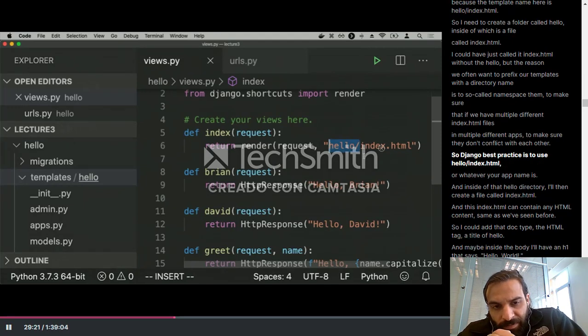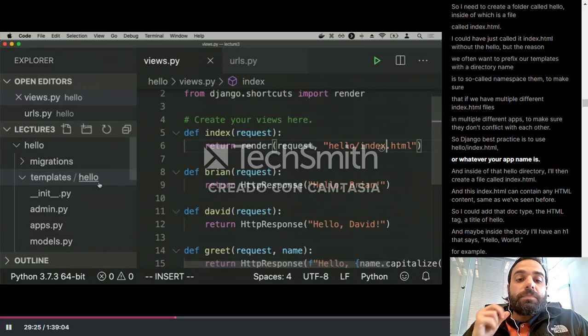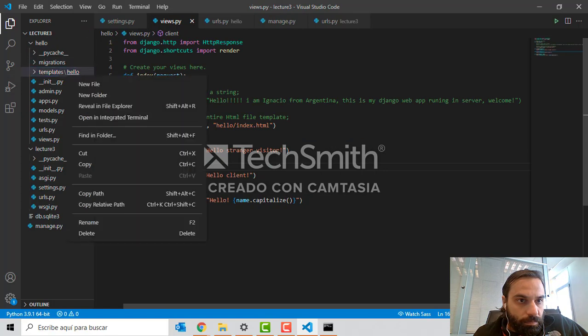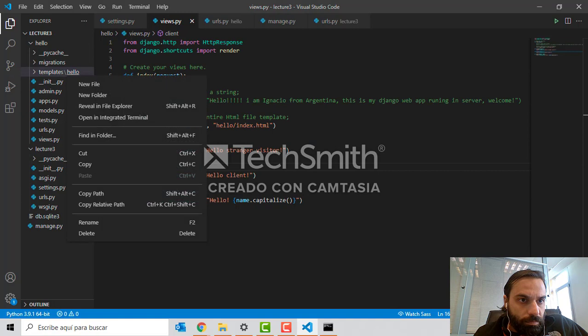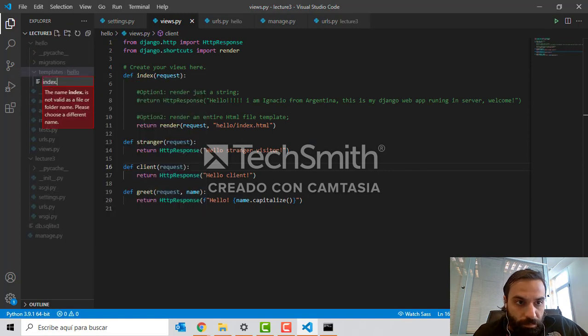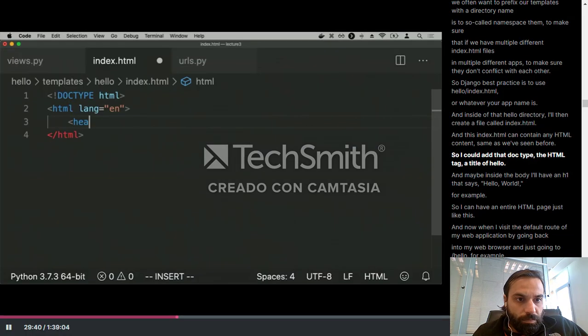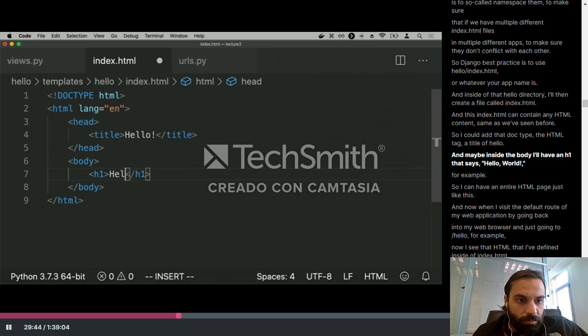So Django best practice is to use hello/index.html, or whatever your app name is, and inside of that hello directory, I'll then create a file called index.html. And this index.html can contain any HTML content, same as we've seen before. So I could add that doctype, the HTML tag, a title of hello, and maybe inside the body I'll have an h1 that says hello world, for